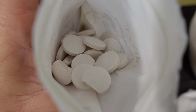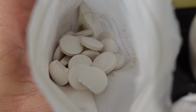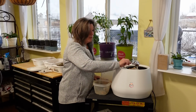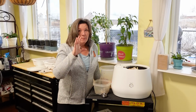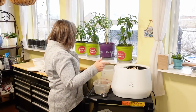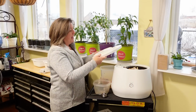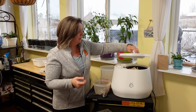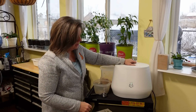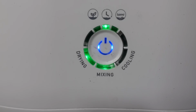It helps with the nutrients in the soil and breaking it down and all that kind of stuff. And then I just pour a 1/4 cup of water over the top, because remember, it takes moisture to be able to break it down, and heat, and the loamy adds the heat. Then I just take my little lid here, put it on, push the button, and the mode that